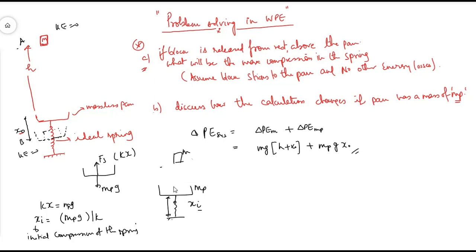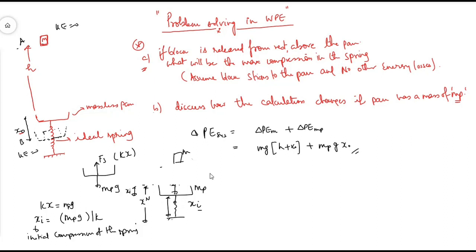Okay, so suppose the natural length of the spring was somewhere here. Okay, this was your xn, the natural length,